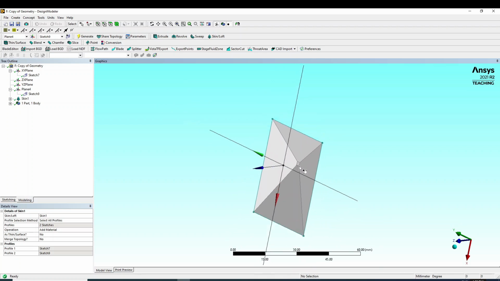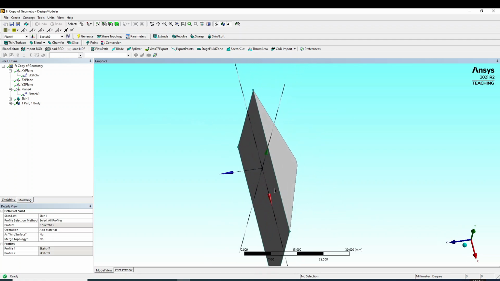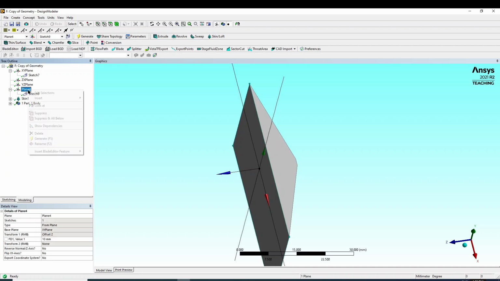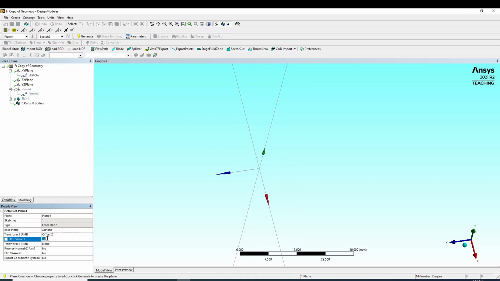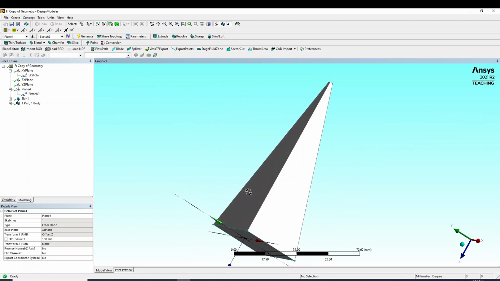Now this is our first sketch, and this one is our second sketch, which is on the new plane. So if I want to change the distance between the two faces, what will I do? I will go to the XY plane, edit. Instead of that, I will go for 100 and generate. Can you see here now?